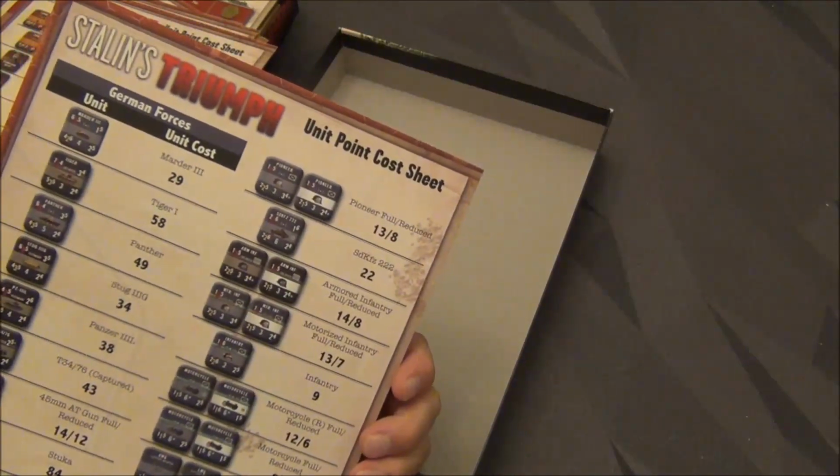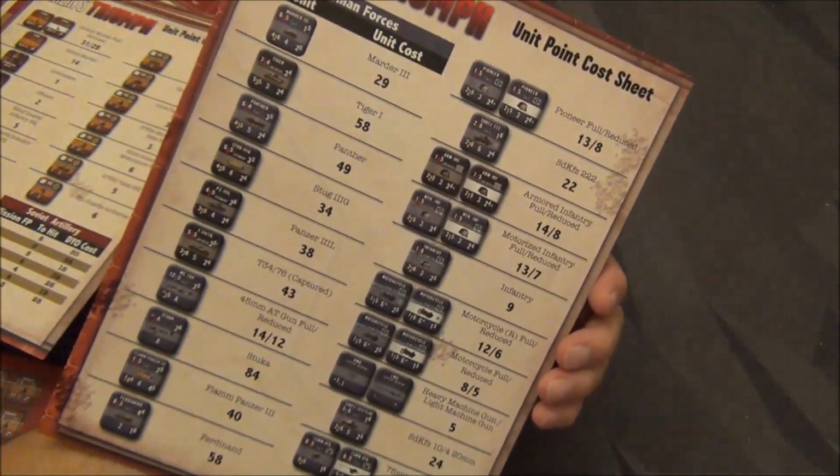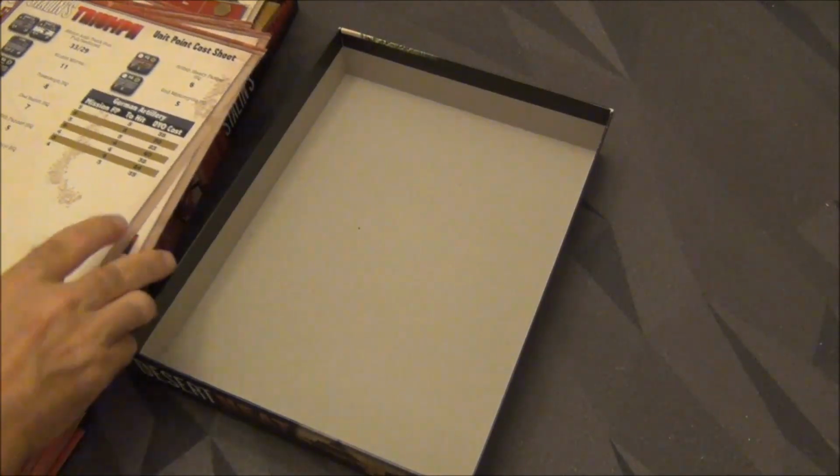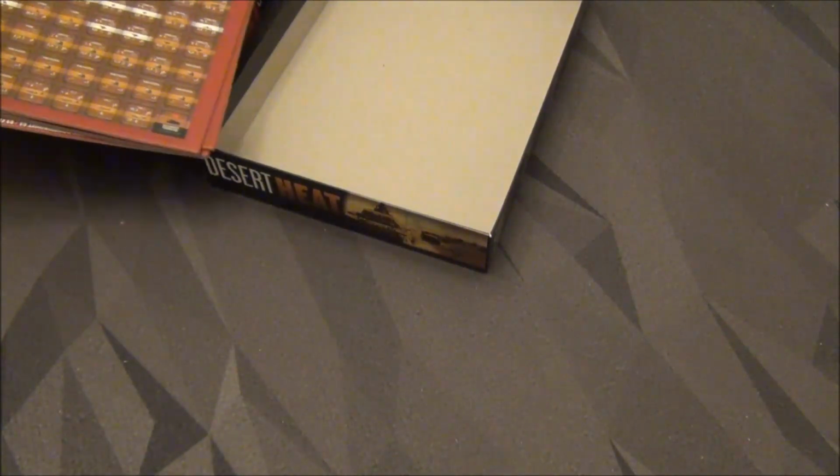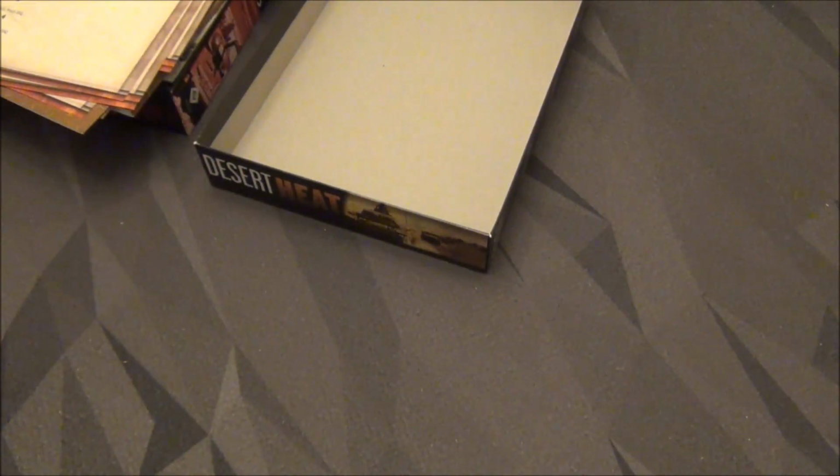That's looking pretty good. So now let's put those aside. Let's take a look at these new counters that Lock and Load's been talking so highly about. They definitely look really good. We got 5 counter sheets,